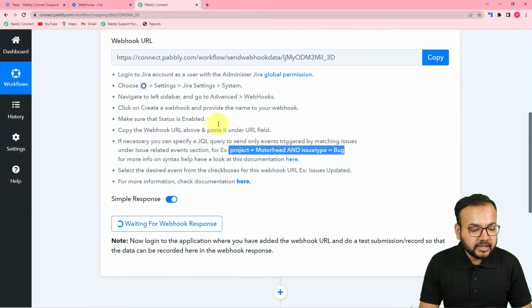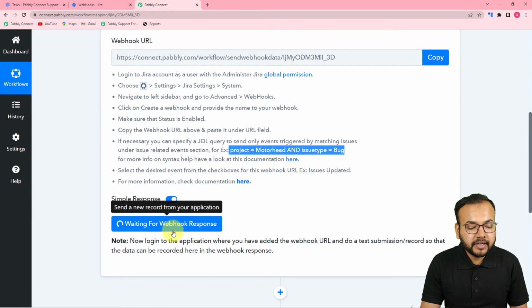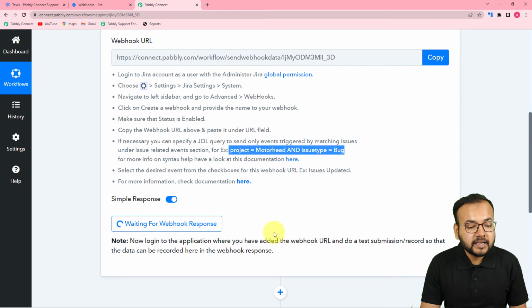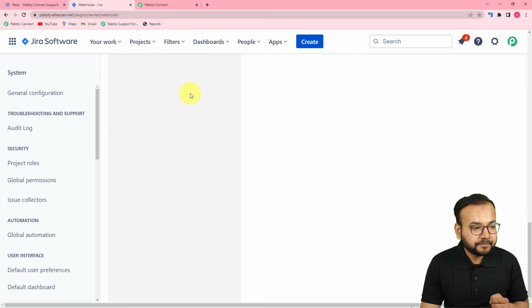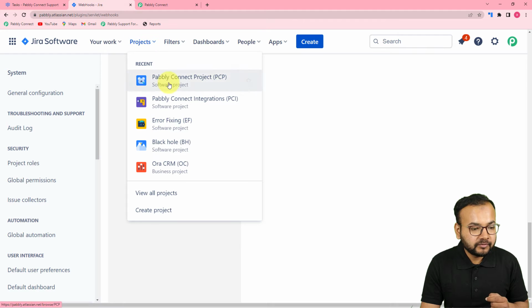Guys, now you can see in Pabbly Connect, as you have copied this webhook URL, it started showing this waiting for the webhook's response. So this means now you have to perform a test submission. This means you have to create a test issue in Jira, and we are going to capture the data of that test issue here. So I'm opening the Jira application again, and I'm going to my project, which is this,